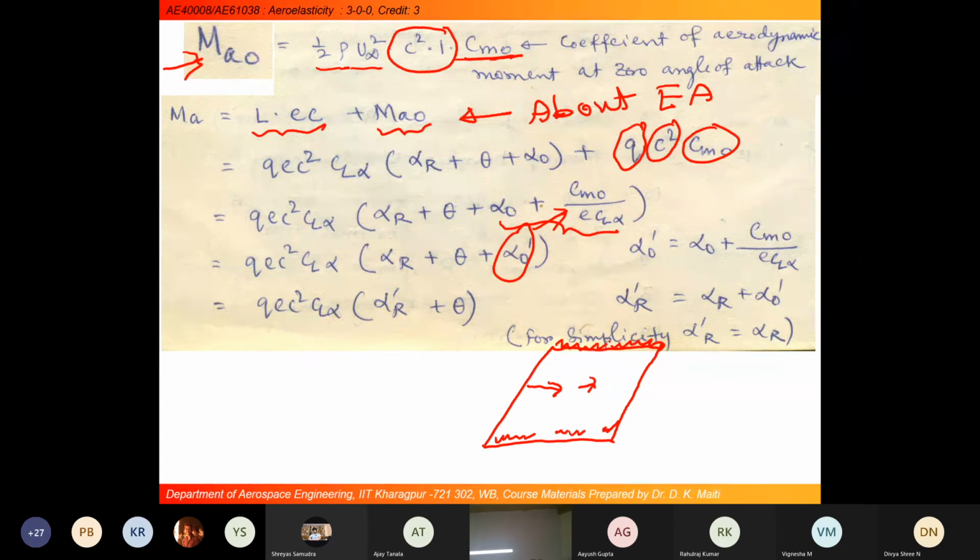I am not going to consider all these detailed effects. I am considering a small strip with an aerofoil section, and I am considering the aerodynamic load to be uniform over the entire span. I know it is not a correct assumption, but for our initial start, I have to start from somewhere. Then only I can go and correct it in the later phase.